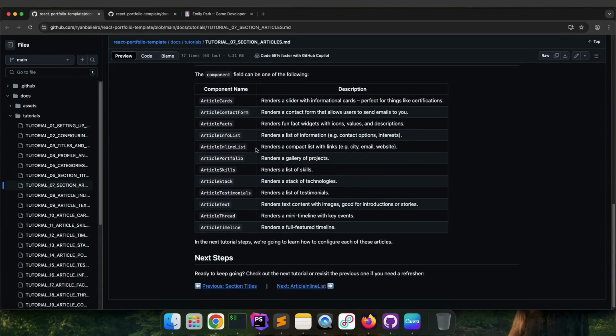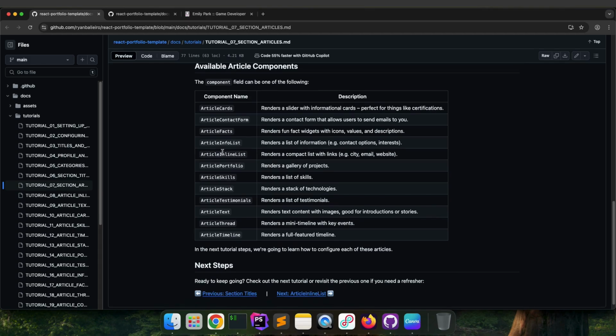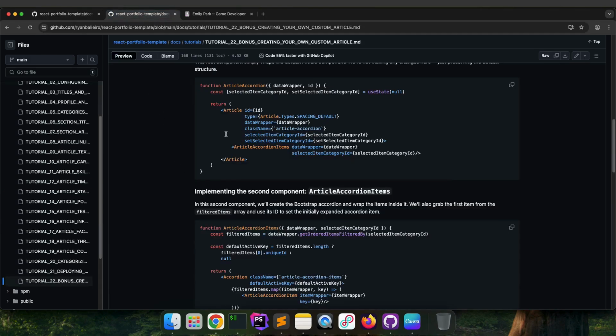If the default articles included in the portfolio don't quite meet your needs, no worries. This template is pretty flexible and easy to extend. You can create your own custom components to display any type of content you like. In this tutorial, we'll walk through creating a new article type called Article Accordion. This component will display a list of items in an accordion layout, allowing users to expand and collapse each section